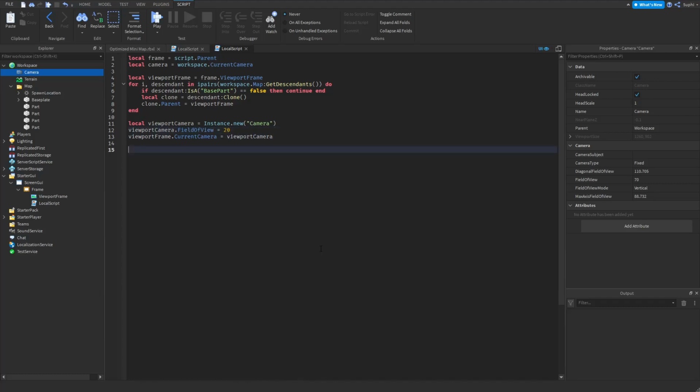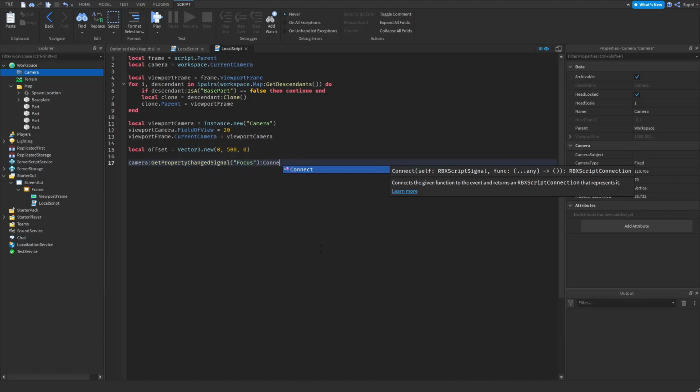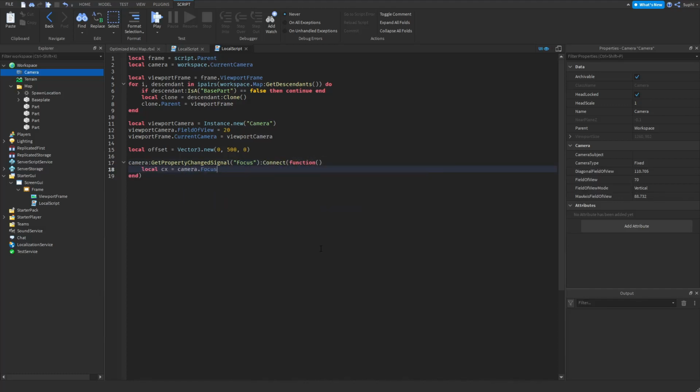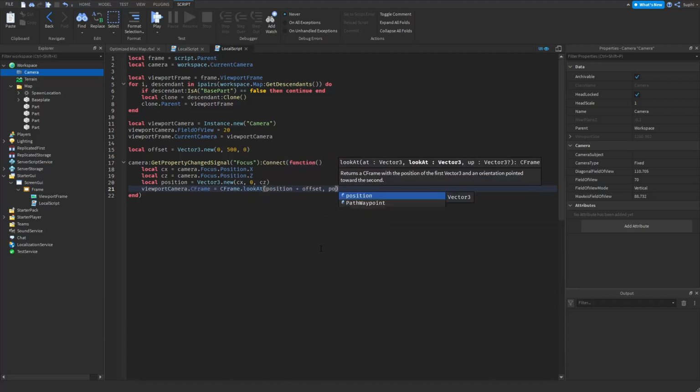Now let's update the viewport's camera but without any optimizations. So the first thing I'm going to do is create a Vector3 called offset with a Y-axis of 500. I'm then going to use the camera to detect when the focus position has changed. I'm then going to get the X and Z position of the focus position. I'm going to use the X and Z position to create a Vector3 called position, and then I'm going to use the lookAt constructor to create a CFrame for the viewport camera to look directly downwards to the